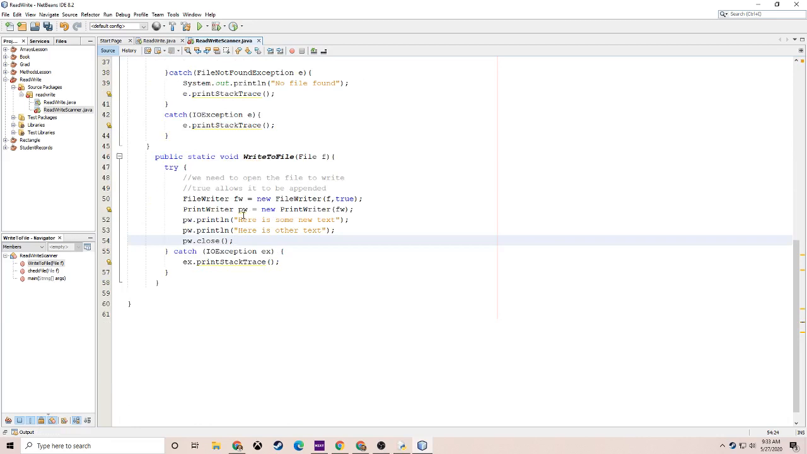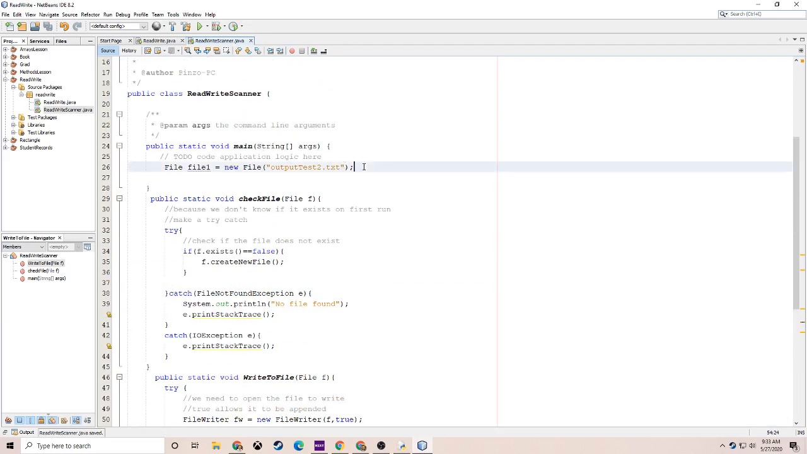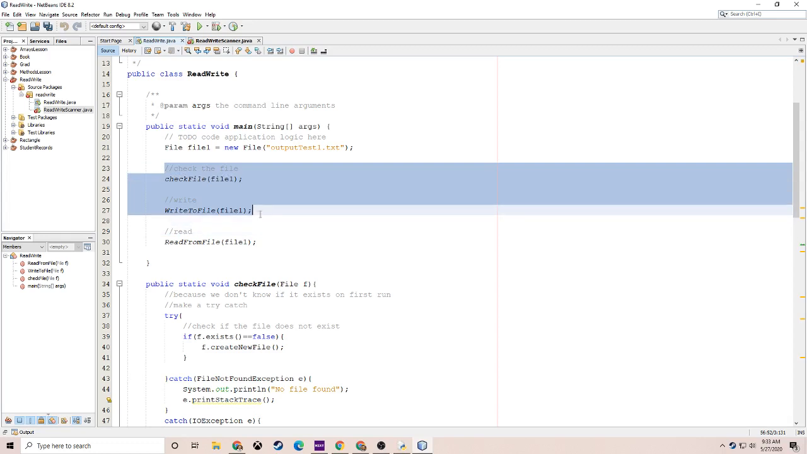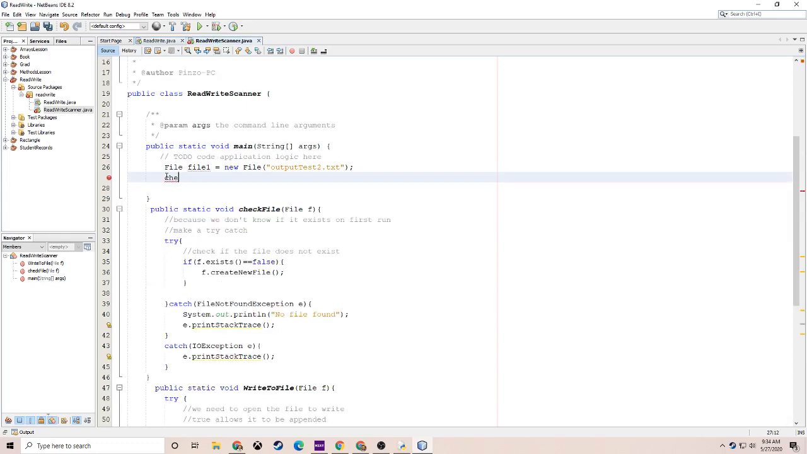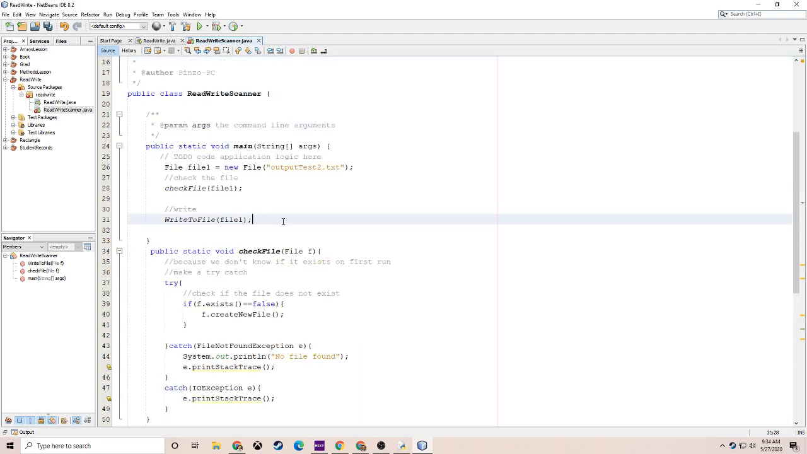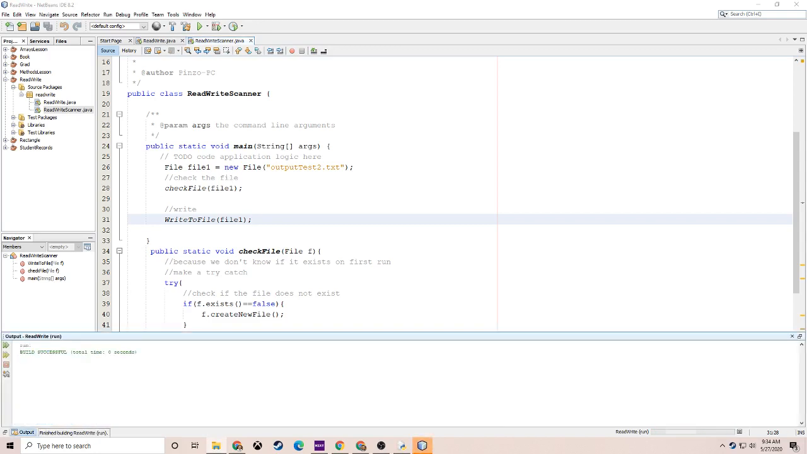And take care. Now, check. So we can at least do these two for now. No, these refer to these. So if we run this, while this runs, I'm going to get to